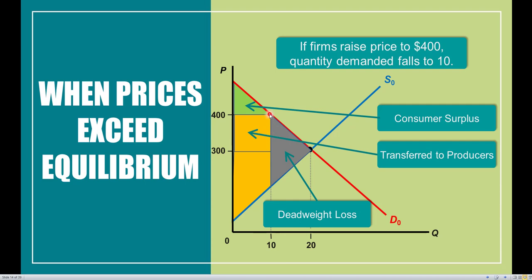So remember, we're constrained by how many transactions actually take place within the economy. So this loss of how many units we sold before in equilibrium to now in our current circumstances is inefficiency, and this inefficiency is known as our deadweight loss. And this deadweight loss is always going to be this gray triangle that you see in the middle of our analysis right here.